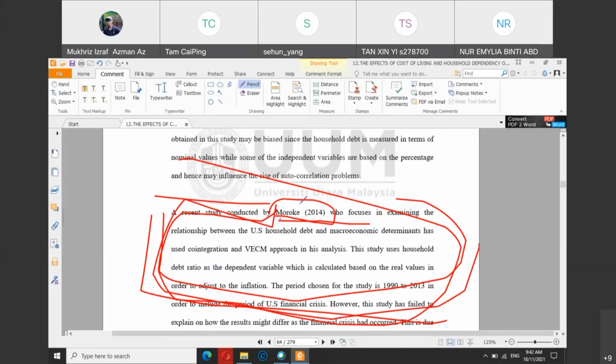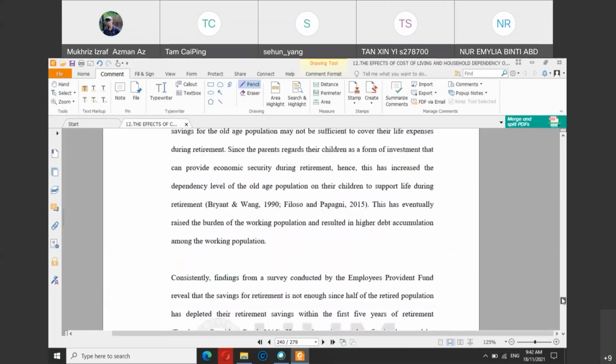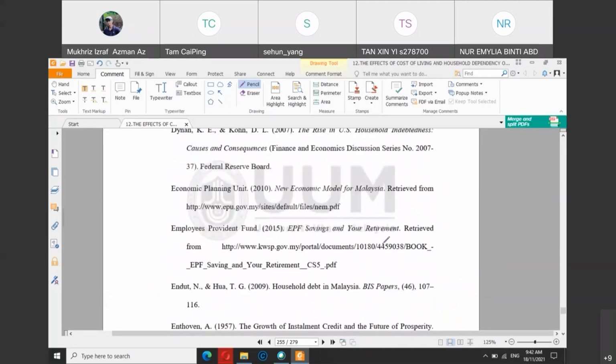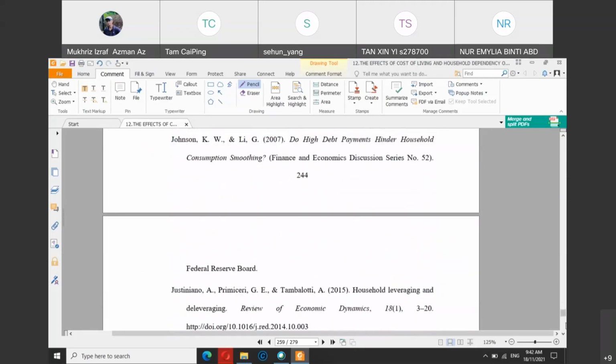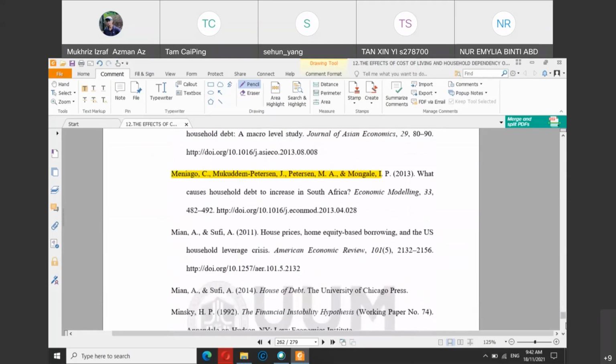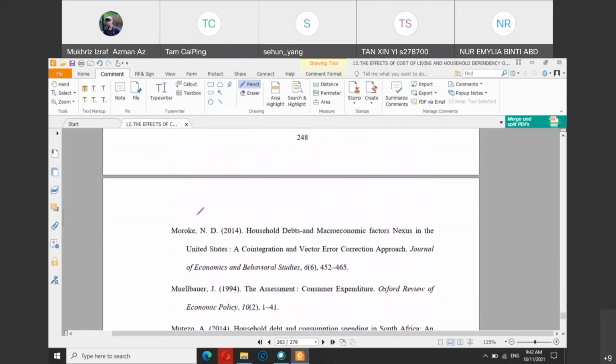But of course, as I mentioned, the best way is to download Moroki 2014. For example, go to the reference, find Moroki 2014, find Moroki, this one.